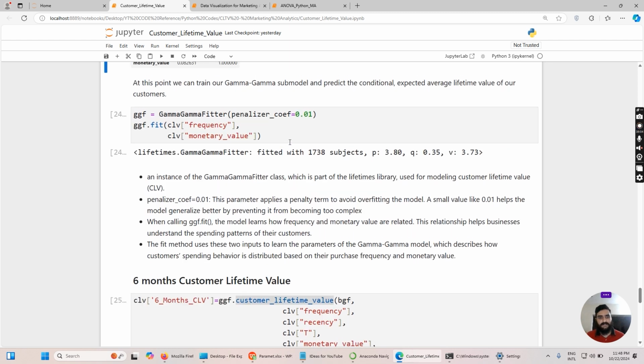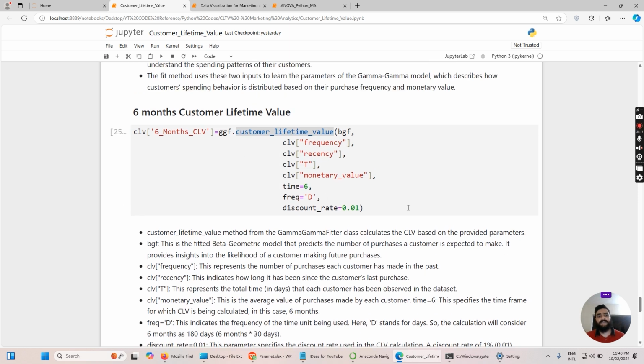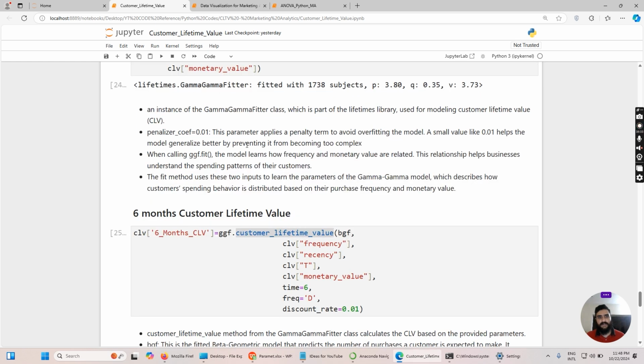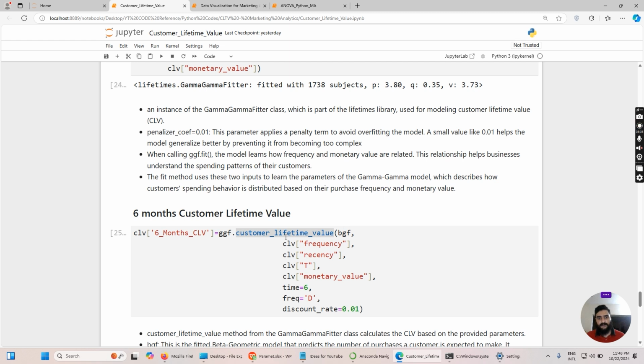Now, once we have fitted our model with these two input arguments, frequency and monetary value, let's move on and predict the customer lifetime value. For this purpose, I'm going to initialize a new column in our already existing data frame CLV, whose name will be 6 month CLV, and we are calling ggf, the same fitted model that has been fitted with frequency and monetary value, and we are calling the method